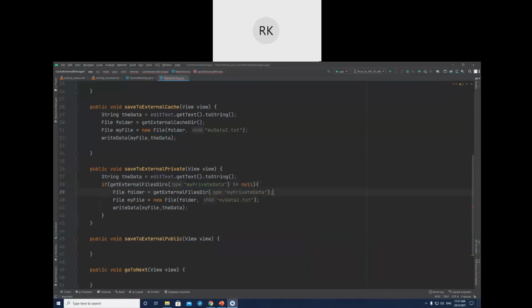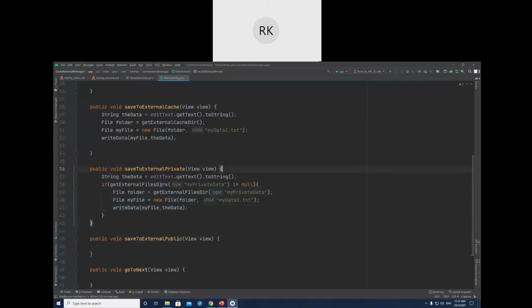Okay, so when you get this one, then its information will be stored here in this folder, and then create a file inside this folder, and the file name will be my data3.txt, and then write the file.